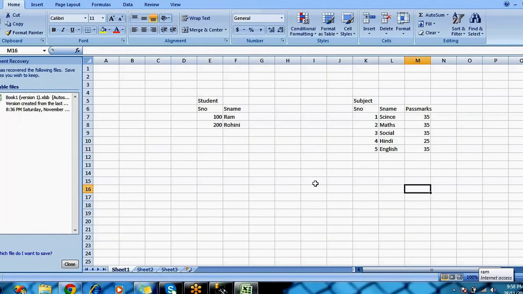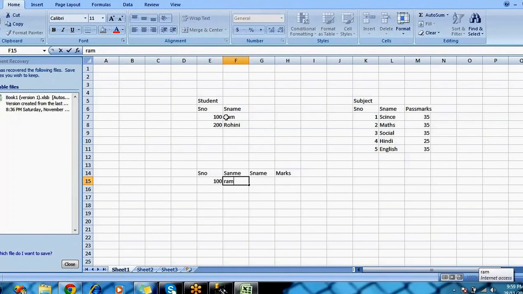Right. So what kind of result am I expecting from this? Each student and what the subjects and the pass marks are. So the result comes like this: student number, student name, subject name, and pass marks. The first student is 100, the student name is Ram.